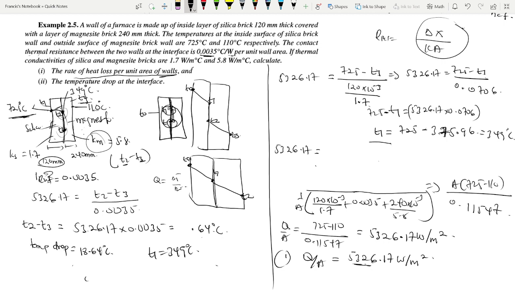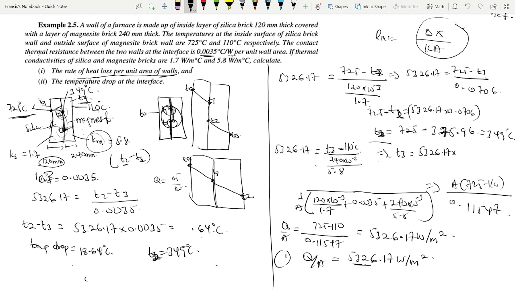So let me put it there, T2, right? So we want to find T3. We can use this too. So T3 minus 110 degrees all over the thickness. So the thickness was 240 times 10 to the power minus 3 all over the K, 5.8. And then when we do that, we are going to get T3 to be